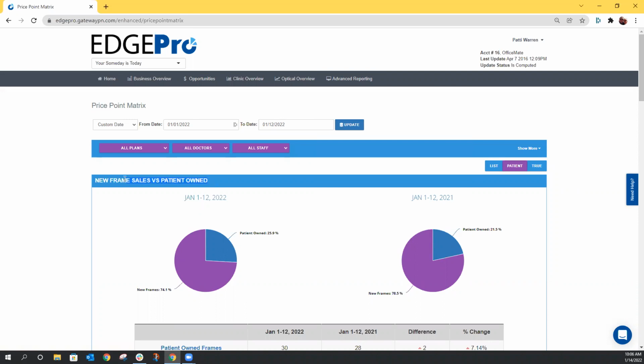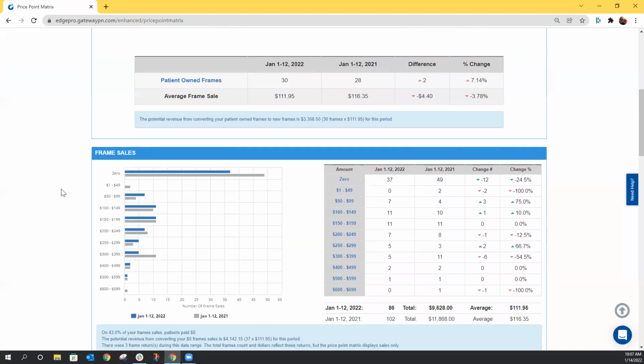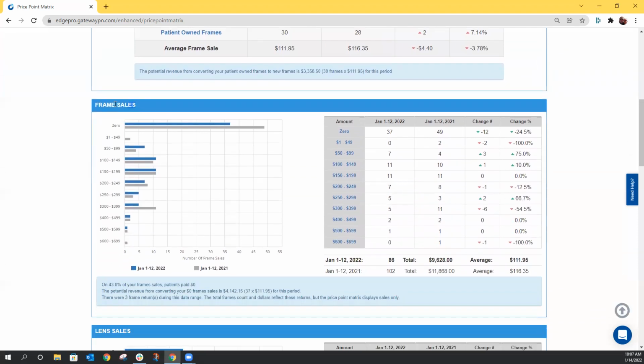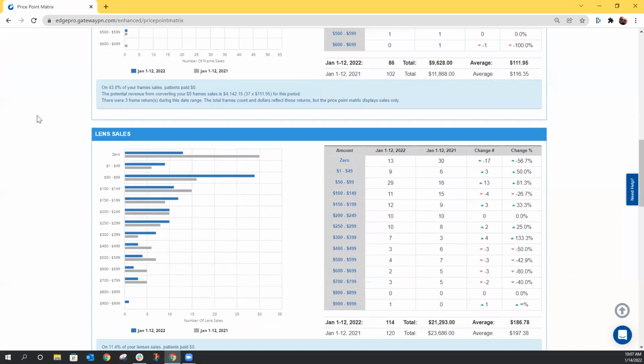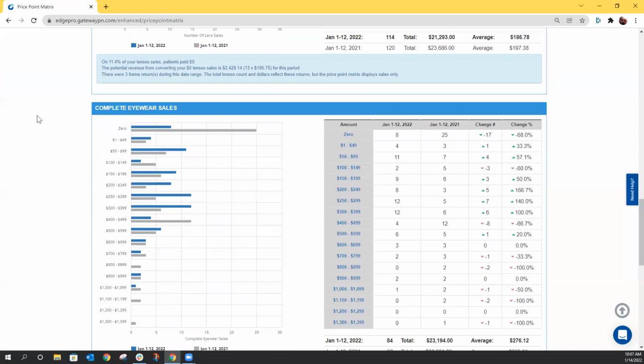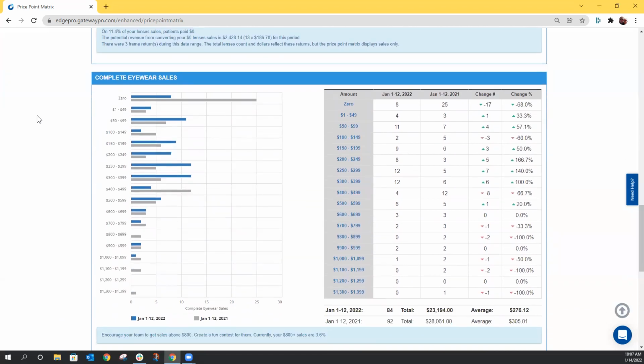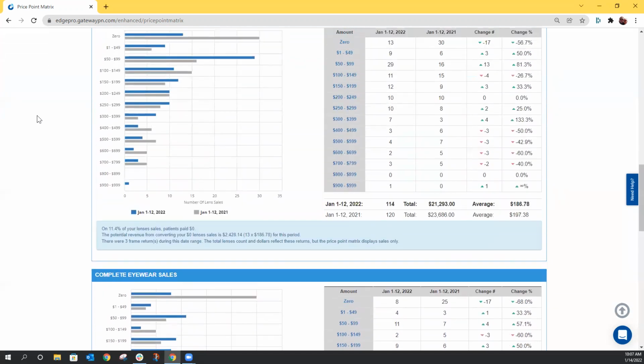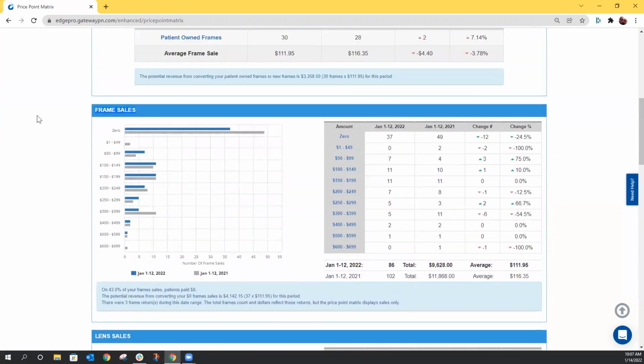First of all, we've got a box here for our new frame sales versus our patient's own frame sales. If I scroll down, I've got my frame sales. This is everything to do with the frames that they're purchasing. I have lens sales down here also. And at the very bottom, I've got complete eyewear sales. This is when they buy a frame and a lens together. So let's scroll back up here to the top and take a look at some of the different